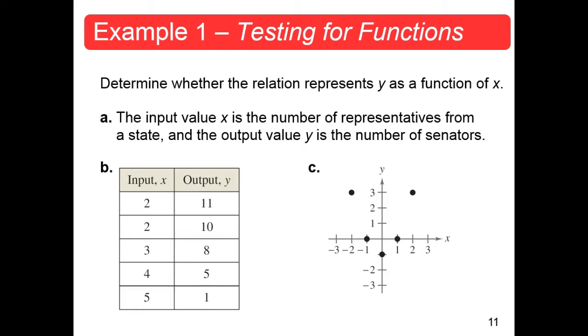Given 1 input, 2 outputs can't happen in a function. It is a relation, not a function, and this would fail the vertical line test if you graphed it. The rest of those would be fine. In fact, if you left that off, that would be a function. With 2 values of 2 yielding 2 different output values, it can't be a function.